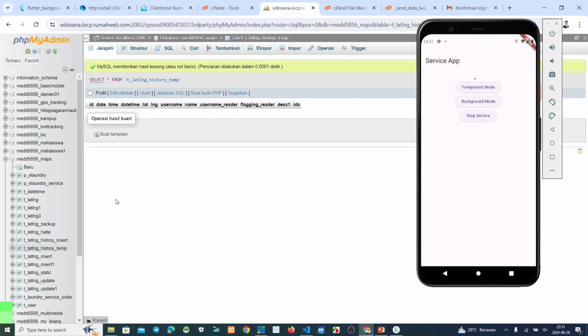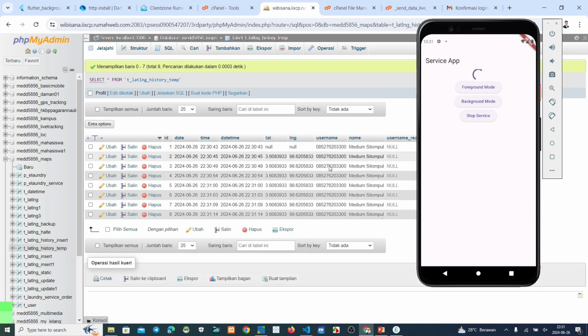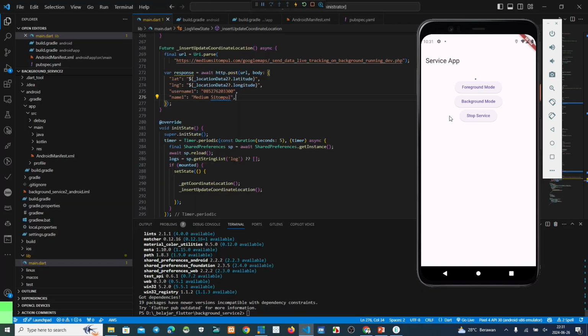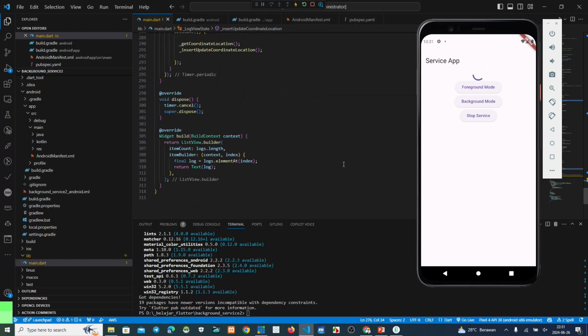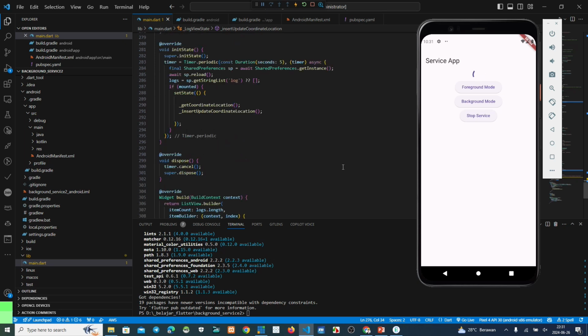Why can you see this temporary table? We have received the data here. Medium Sitompul, this is the latitude, this is the longitude. Latitude and longitude, we can see from this one. But why is this still not finished? What happened?